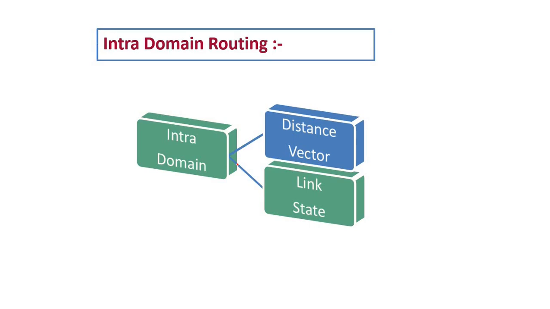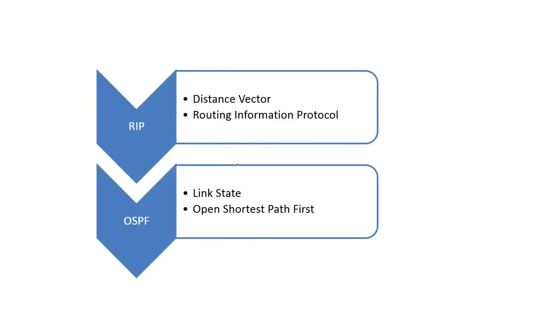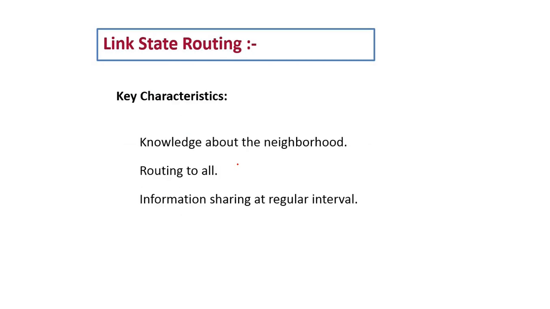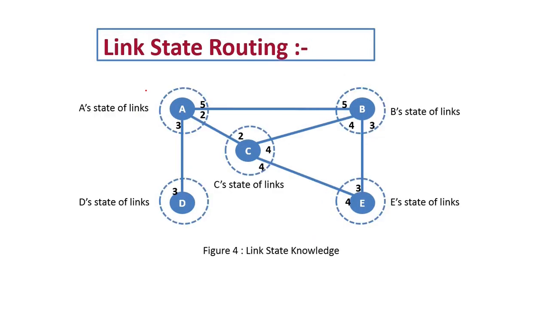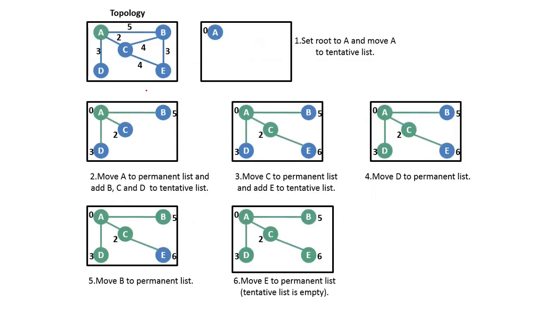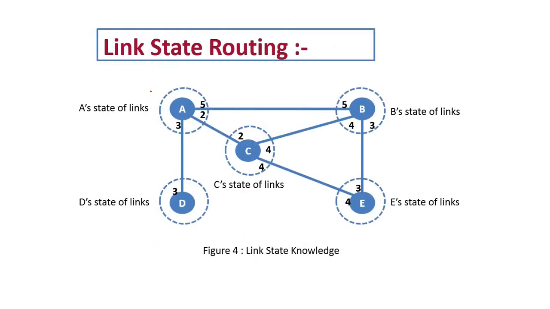Let's see intra-domain routing. First two techniques, distance vector and link state. So in terms of link state routing, how can we implement the routing strategy? Let's see with the steps. First step, it is our older figure, whatever we discussed during the static. The same figure we will use for the other techniques also. So first, the distance between A to C is 2, A to B is 5, A to D is 3, C to E is 4, and C to B is 4.